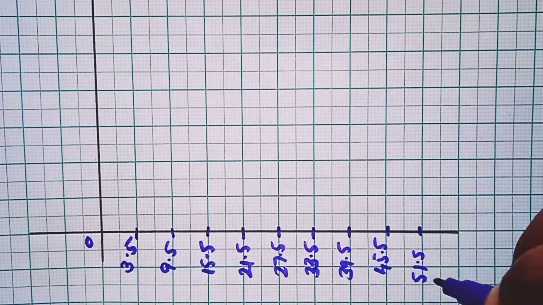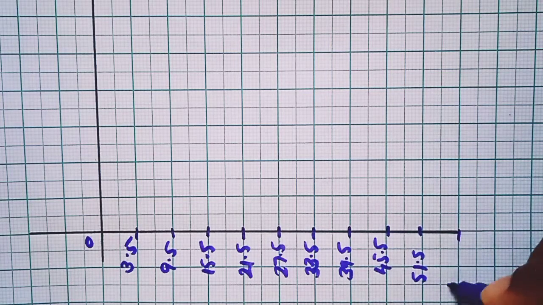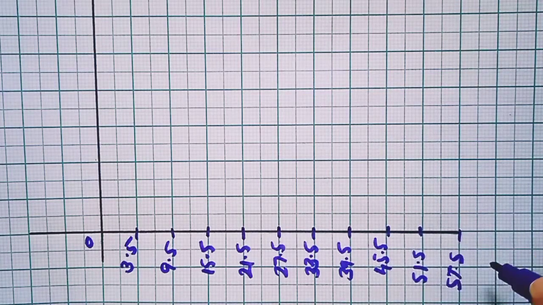So this will be taken along the x-axis. One extra you need to take: 57.5, next is 63.5.